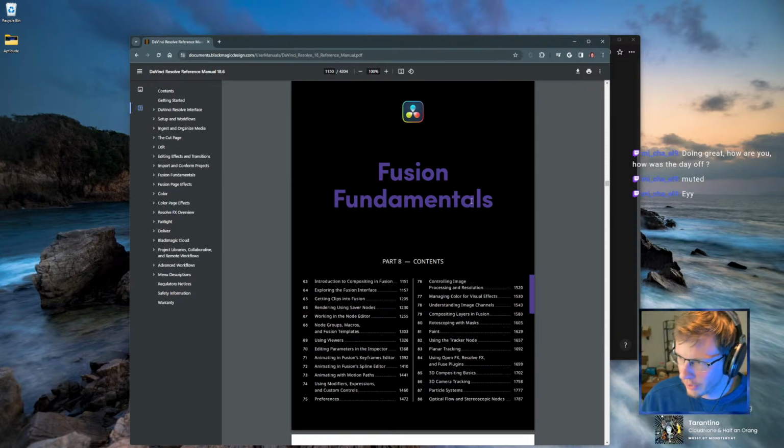Looking over this, we've got the Fusion fundamentals, and we're right around here, at chapter 72. I do think by literally going over this whole chapter, just doing this every day, which would probably be like 15 days, by the end we'll definitely have a good grasp of the fundamentals, as the section implies.